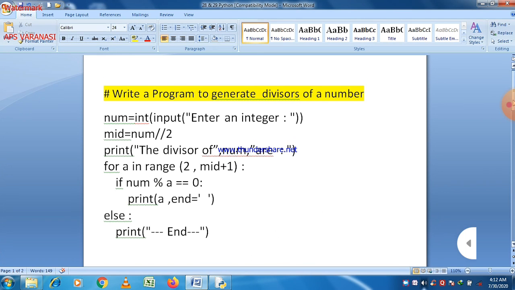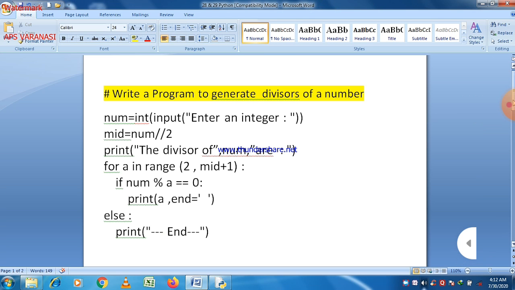You can see there is a program here. First of all, if you want to find the divisors of a given number, then we have to enter that number into the computer system. For that purpose we take a variable num, which stores the number we give as input. First, we declare its data type as int, and then we use the input function with a message that says "enter any number". That message will appear on your screen when you execute this program. So the first line, I think, is clear to all of you.